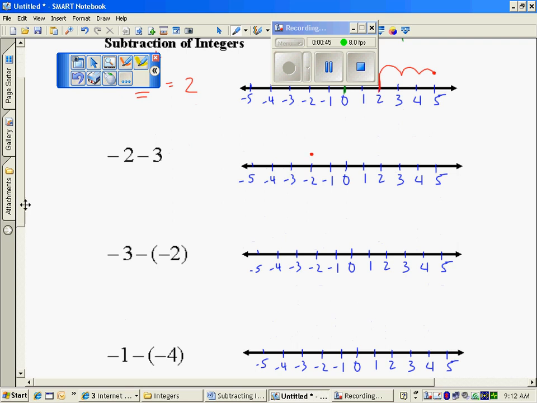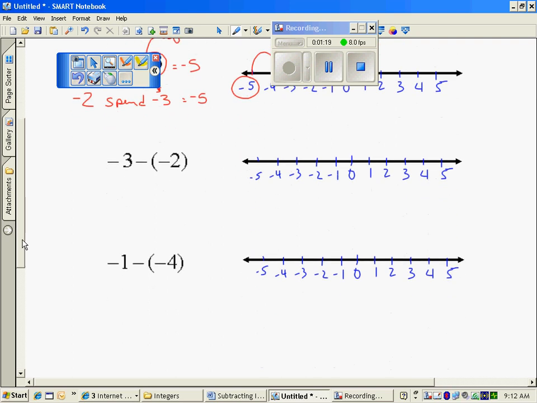The second problem tells me to start at -2. So I'm at -2 on the number line, and again I need to move left 3. 1, 2, 3. So the answer to this problem is -5. You can see that physically by moving left on the number line. If you think of it in terms of money, you owe $2, so you're $2 in the hole, and this says you go out and spend some more money. You go out and spend $3 more. So if you spend, that puts you in the negative as well, and now you are $5 in the hole